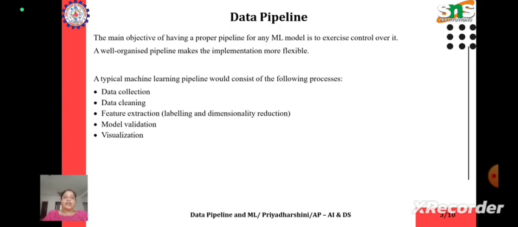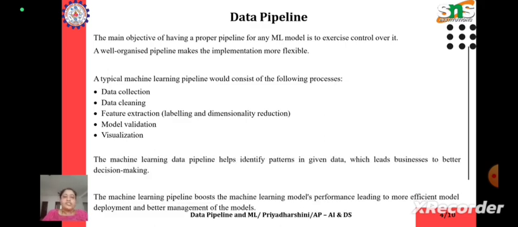So the main objective of having a proper pipeline, we all know, is to exercise control over it. The following processes are the main things to automate the workflow of a machine learning pipeline: data collection from different sources, data cleansing, feature extraction, model validation, and visualization. The machine learning data pipeline helps us to identify patterns in given data, which leads businesses to better decision making. The machine learning pipeline boosts the machine learning model's performance, leading to more efficient model deployment and better management of the